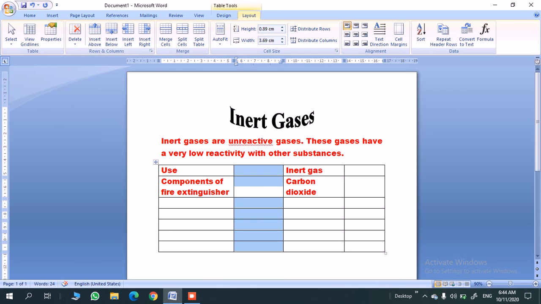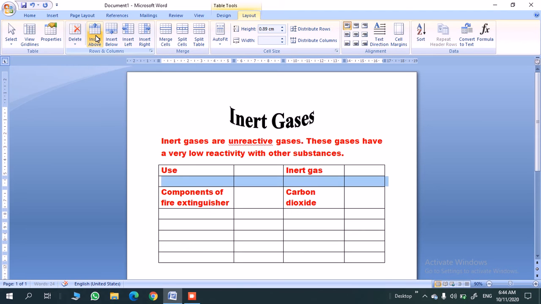In this way, rows can also be inserted. Click on the cell where you are going to add a row before or after. If I want to add a row above, I can click here, row above. It will add a row before my selected row. And if you want to add a row below your selected row, click on row below.